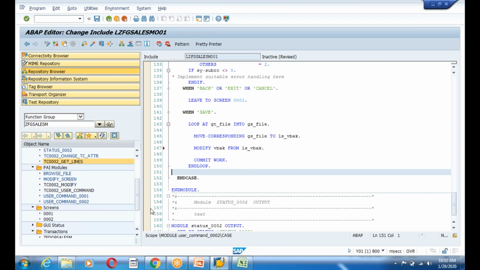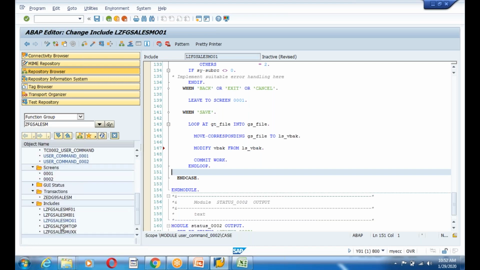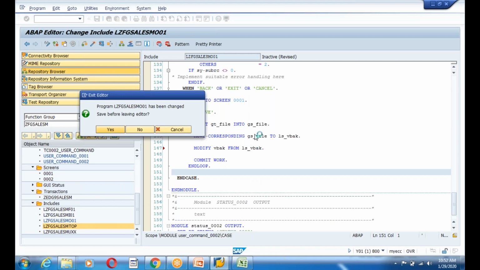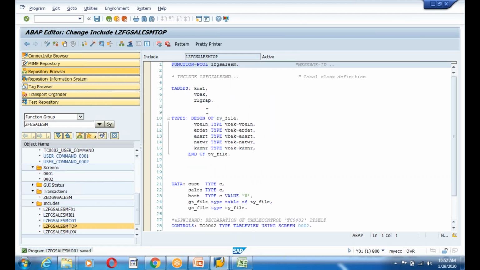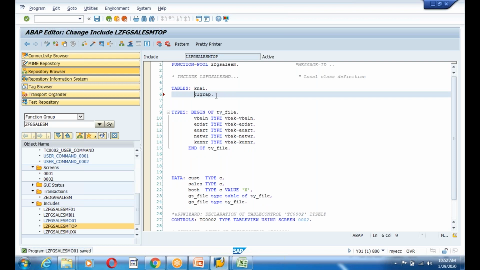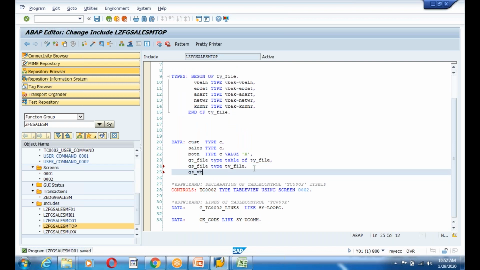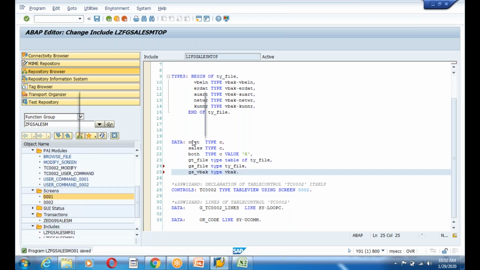I will do this top include. I will change this top include name to GS_VBAC. I will take this out from here. Okay, I don't use this. Then I'm going to use a work area, GS_VBAC, which is of type VBAC. I use this structure and I go to the field,